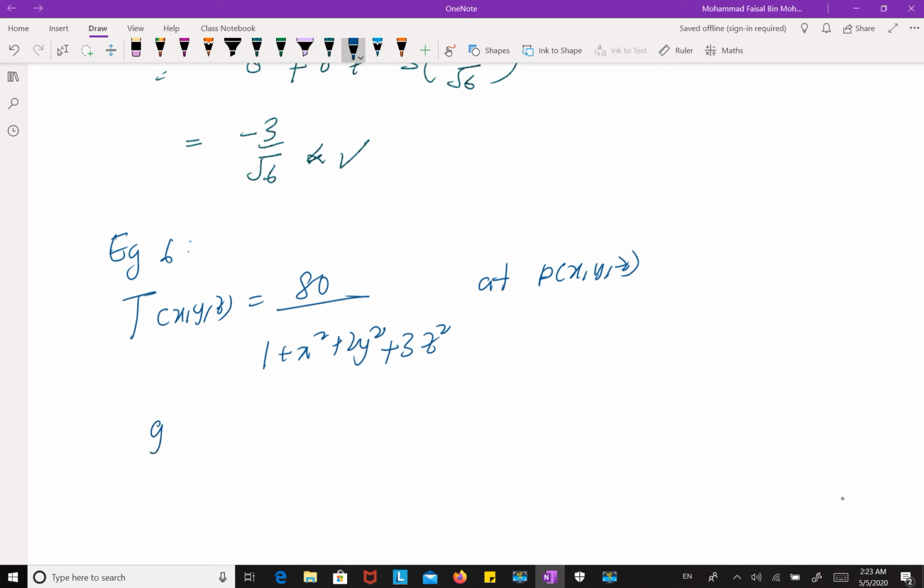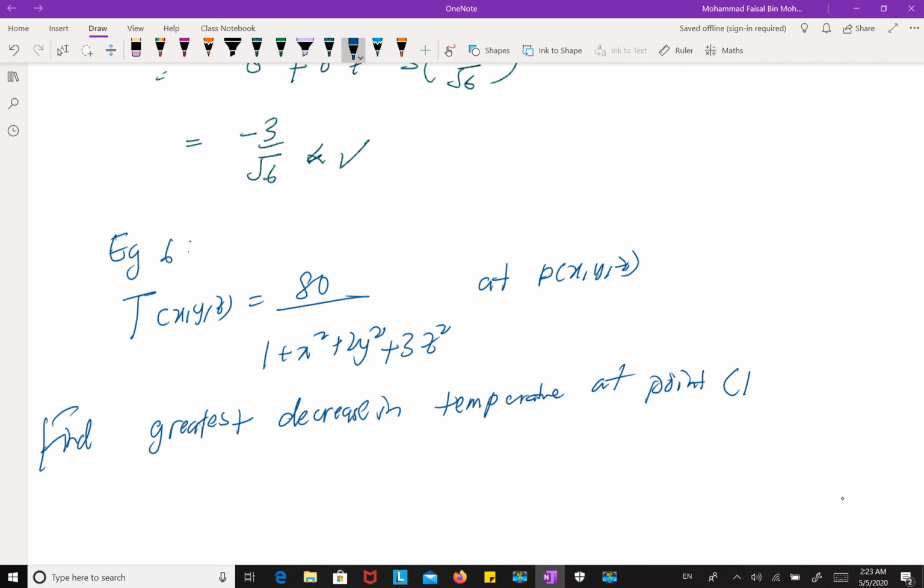Find the greatest decrease in temperature at point 1, 1, and negative 2. So remember the word greatest, which means the magnitude, and then this decrease means negative magnitude of